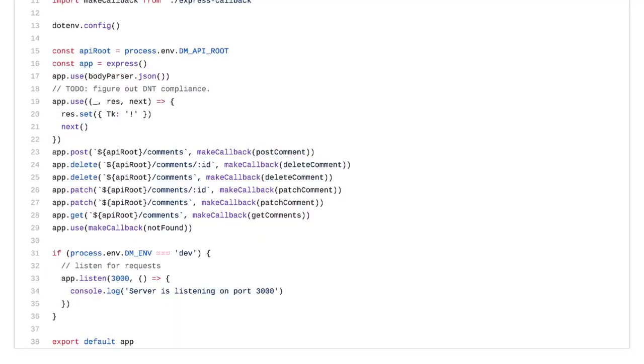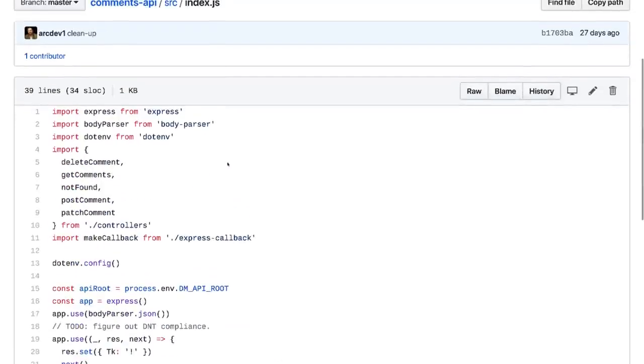into Express's various methods. So this is Express.js, if you're familiar with it. You've got a post, a delete, a patch, and then you pass in a route. And then you give it a function to handle requests to that route. And so our function that's handling that is our controller. And then we've got one extra little bit of indirection here. We're using this make callback function, which you can see is imported up here